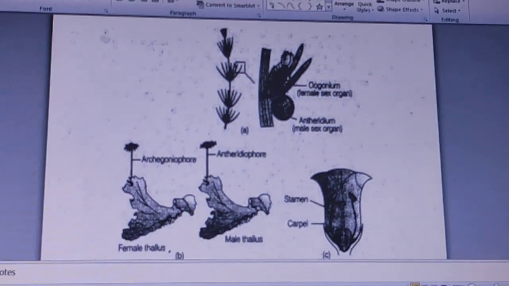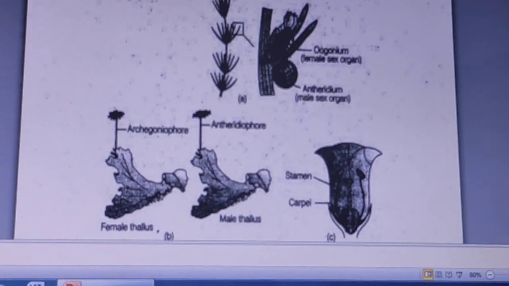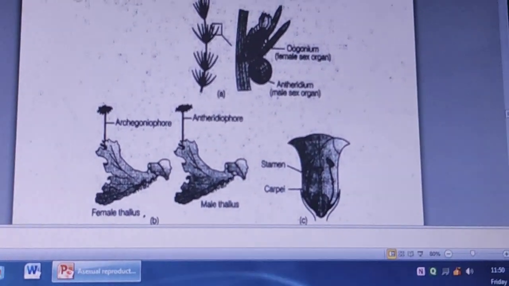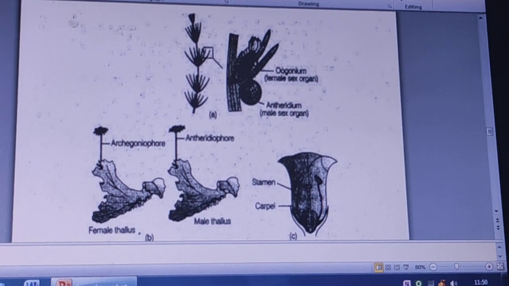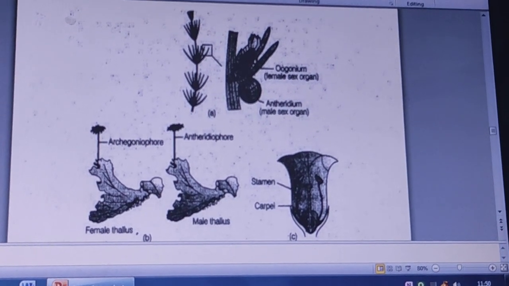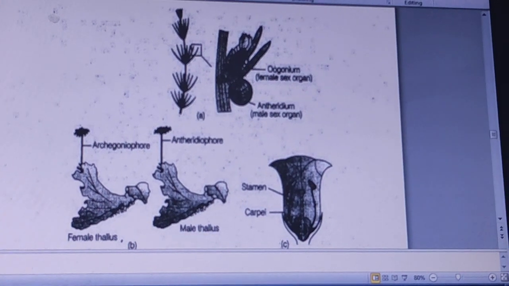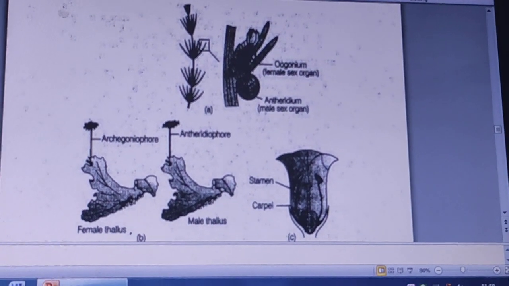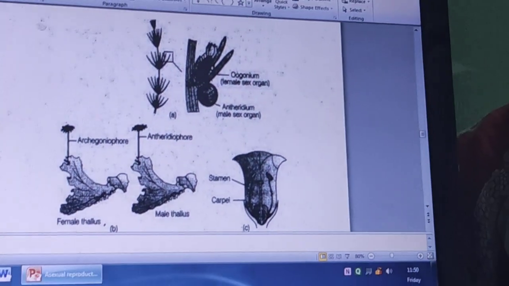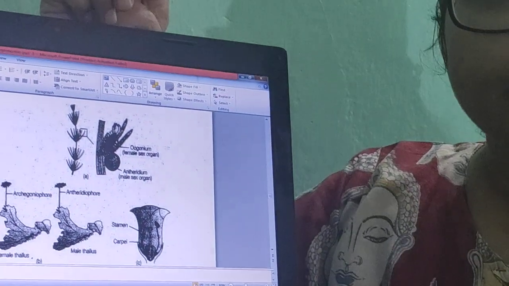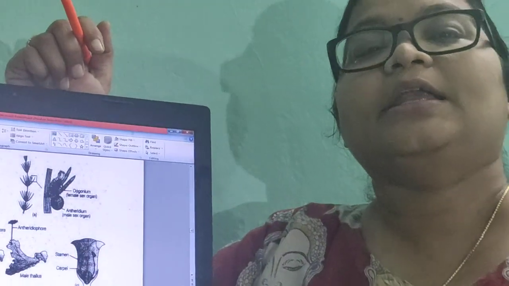Remember, male gametes in case of angiosperm are present inside the pollen grain, and pollen grains are present inside the anther. So when the anther gets matured, it bursts and releases the pollen grain, and the pollen grain now